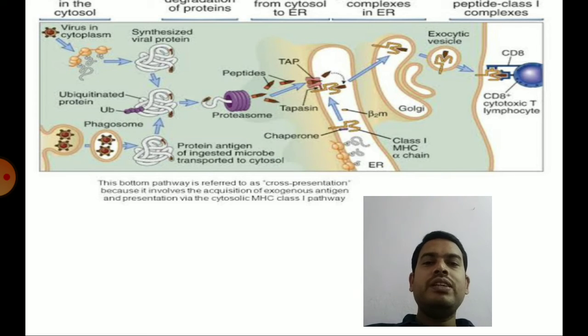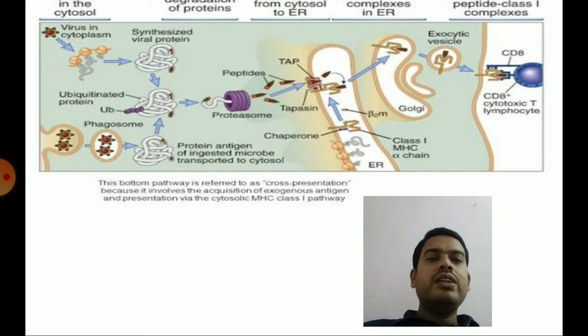Now the viral proteins are first ubiquitinated. In the previous classes I have told you, any protein that is polyubiquitinated will be degraded in the 26S proteasome. Here the same thing will happen. The antigenic protein will be polyubiquitinated, then you can see it enters the proteasome,